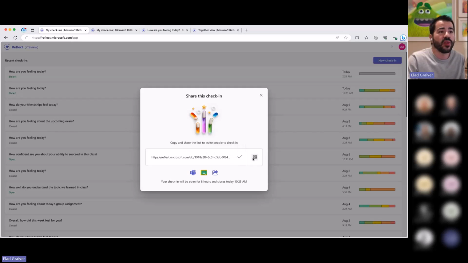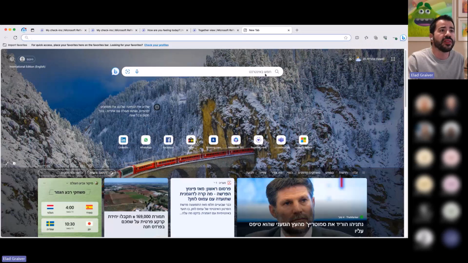I can copy the link to clipboard. I can also copy a QR code or download the QR code if I want to project it in the classroom. I can even share it in Teams, in an assignment or chat or a class, and share it in Google Classroom as well. If I use Google Classroom and I have my Microsoft account, you can still enjoy Reflect and share it in one click in Google Classroom. I can also open the share tray in my device and share it in any app that is installed on your device. If it's for mobile, for example, you can share it in any message, in any app that supports sharing capability. So I will copy the link and I will open a new tab and paste the link